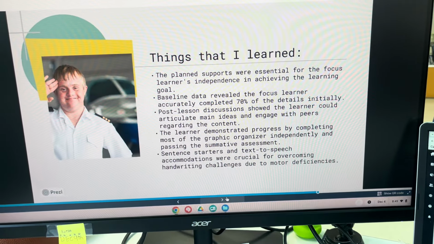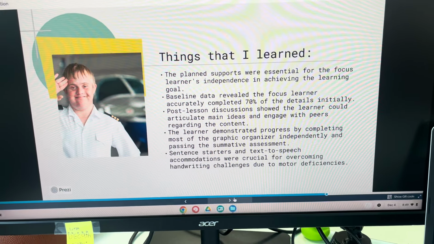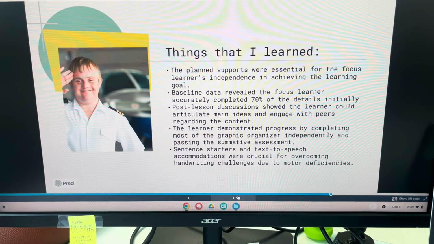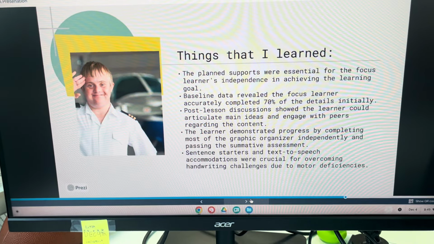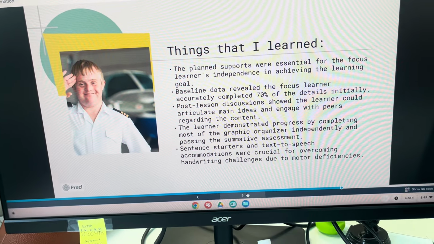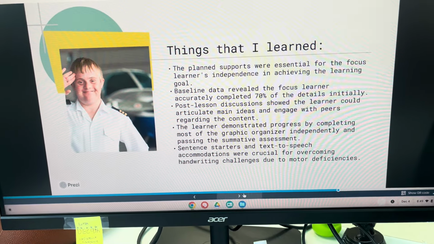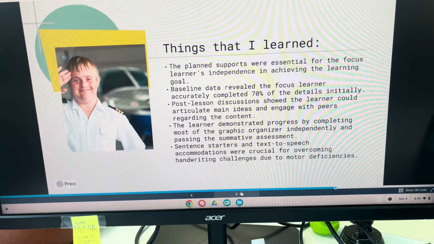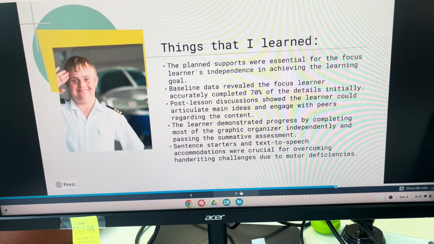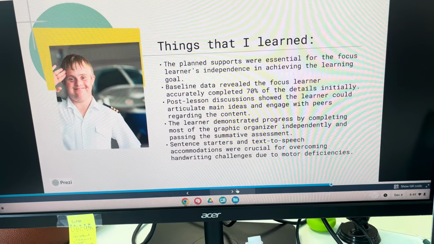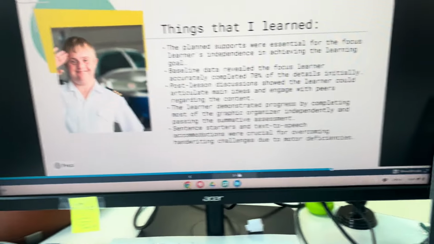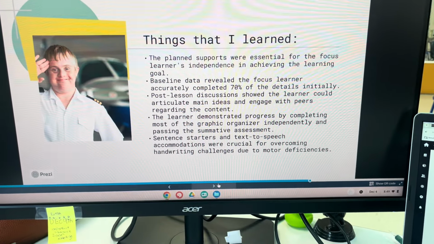As far as things that I learned, I had to have the planned supports. Without the planned supports, my students would not be able to meet the learning goal. And that's just equity in education, helping my kiddos out. They need that to be able to succeed. A lot of the post-lesson discussions showed that our learners were able to physically talk about what they needed to.